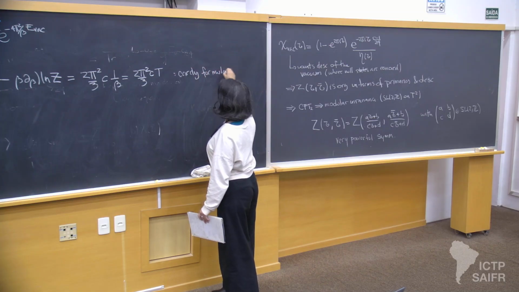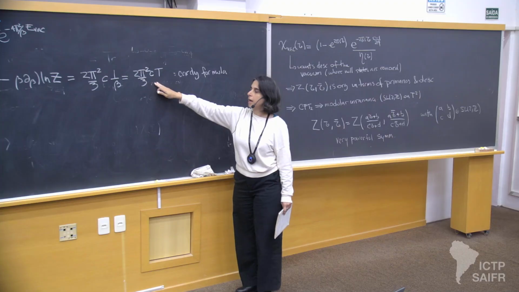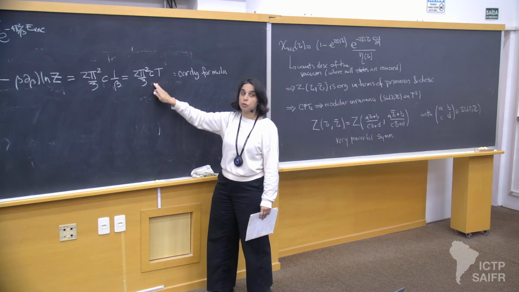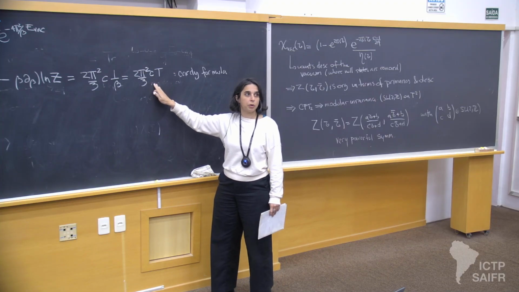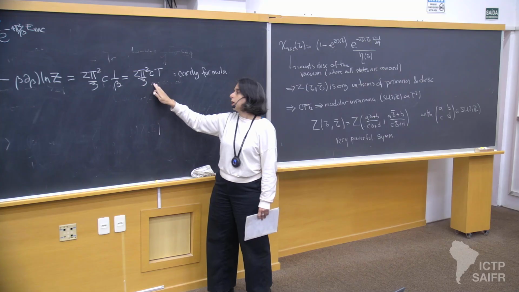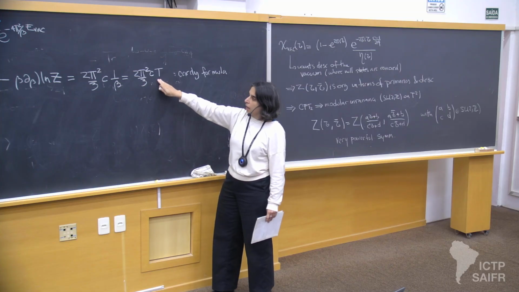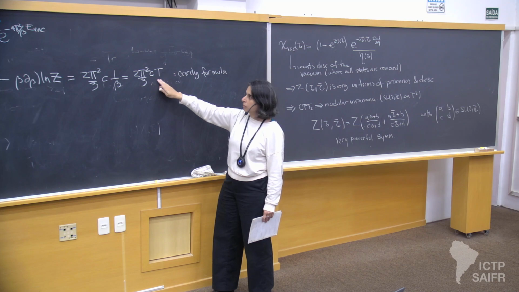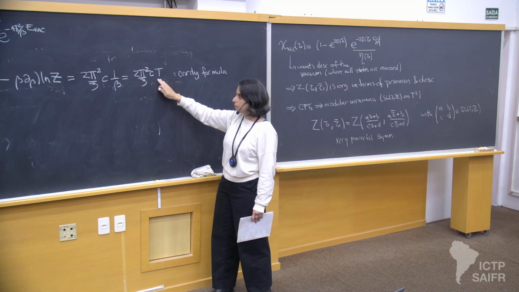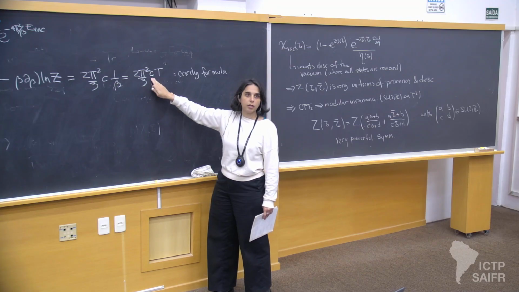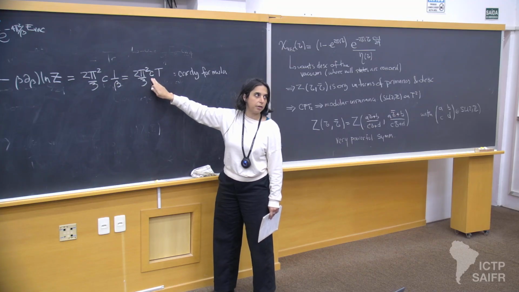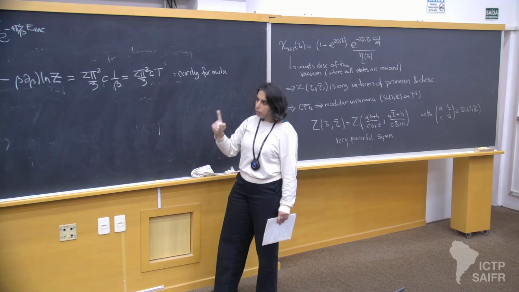And it's basically saying that the number of states at high temperatures is universal. I don't care which primaries you have. I don't care what the details of the CFT are. Every CFT₂ is going to have at high temperatures an entropy that goes linear with the temperature, and the only thing that you need to know about the theory is the value of the central charge. Now, what was the key assumption?